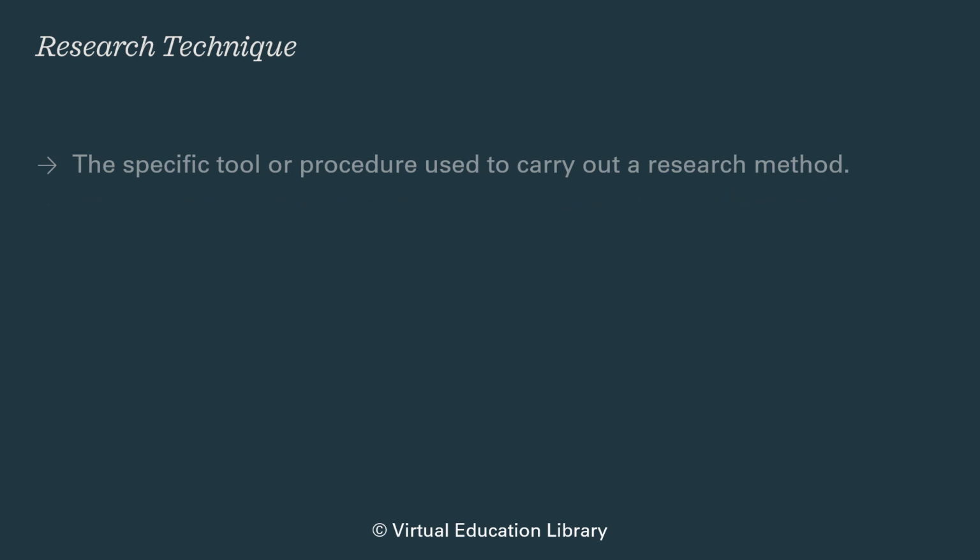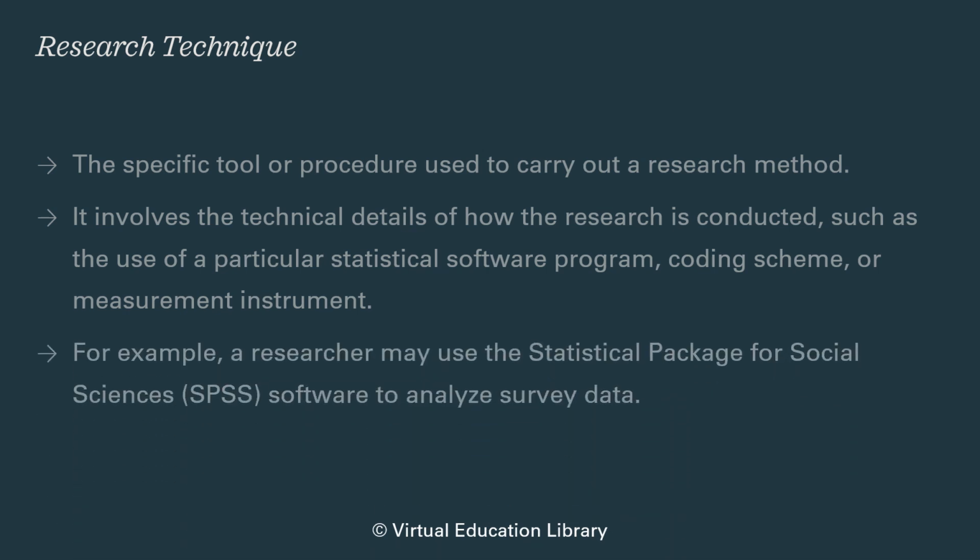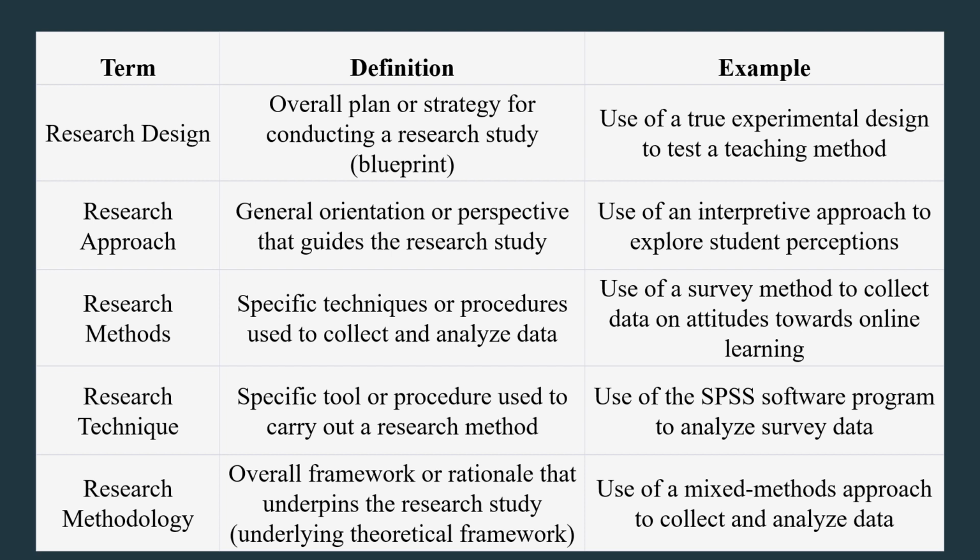Research technique. The specific tool or procedure used to carry out a research method. It involves technical details of how the research is conducted, such as the use of a particular statistical software program, coding scheme, or measurement instrument. For example, a researcher may use the Statistical Package for the Social Sciences, SPSS software, to analyze survey data. I hope this difference is clear because I have explained with examples. I have tried to remain as simple as possible. Even then, I have developed this